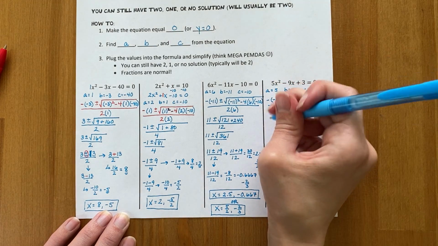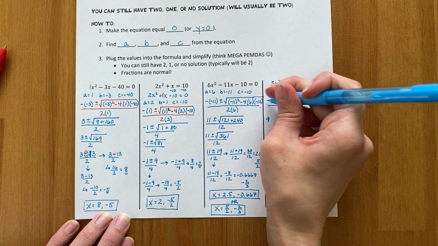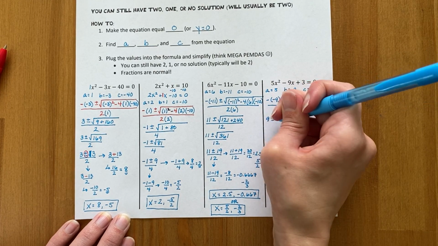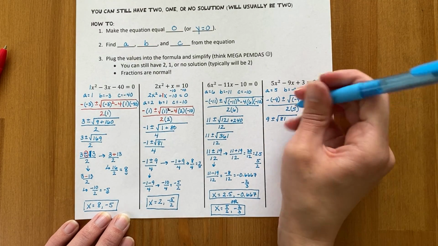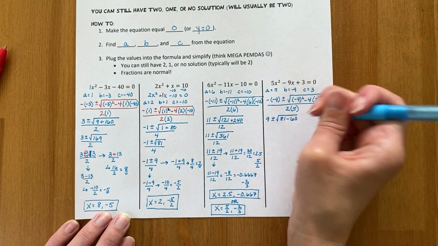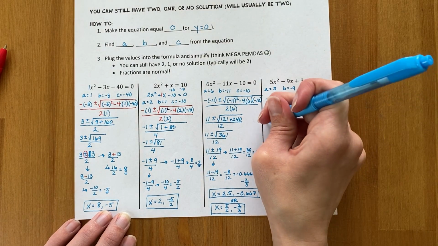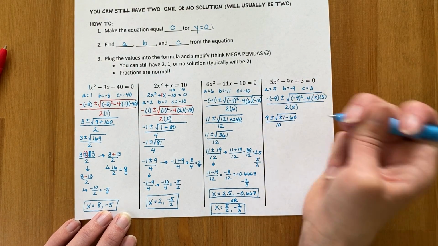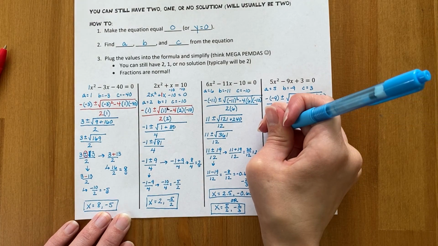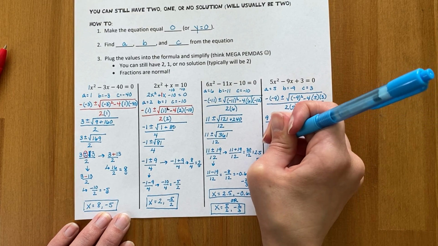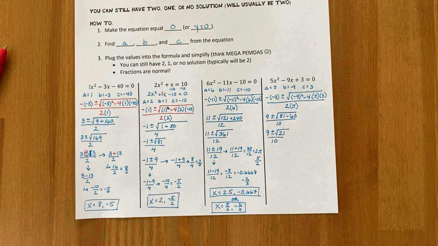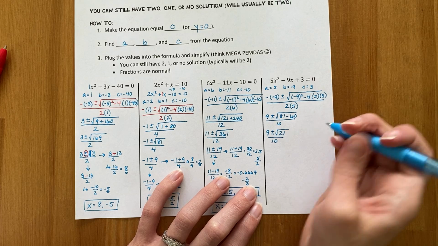Okay, let's simplify. So we have 9, positive 9, because negative negative makes positive, plus or minus the square root of 81 minus 60 as I multiply all those together. And 2 times 5 on the bottom will make 10. This is where you can kind of tell that something's a little off, because you get 21 underneath of your square root. Now, part of the nice thing about quadratics is that occasionally what they'll do is they'll make this